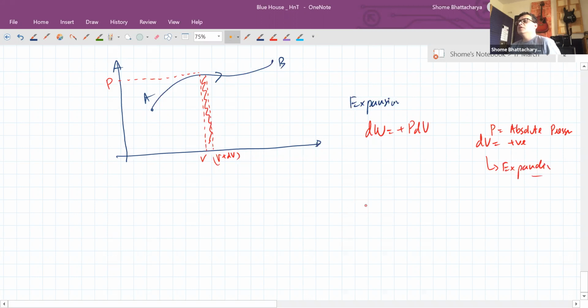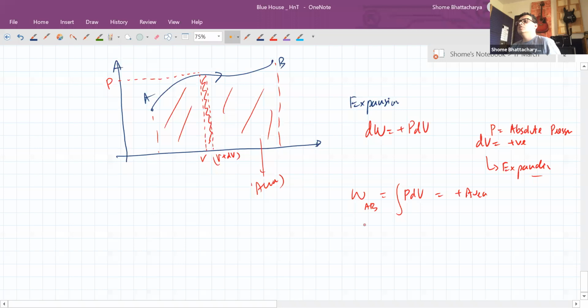So the total work done from A to B, which is the integration of P dV, will become the positive of the area, no? It becomes the positive of this total area. Understood the point now? So for example, if we have